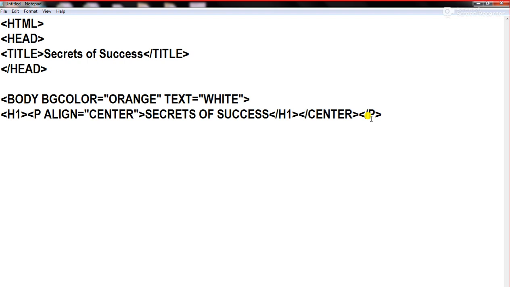Now the next is, the first paragraph should be right aligned, right? Now the H1 tag is over. Now we have to write the text. Suppose it is not given, but suppose I am writing using the heading 3 tag. Now the paragraph align should be towards the right. So right aligned. So close the double quotes, and suppose I am writing here 2 lines.